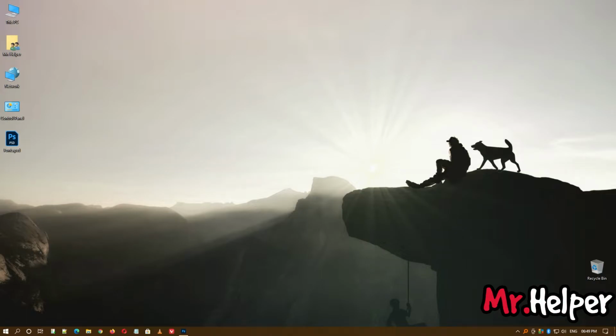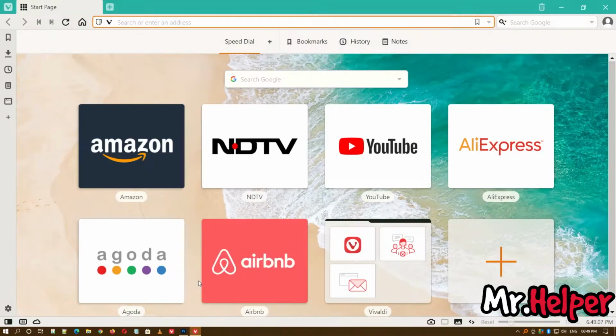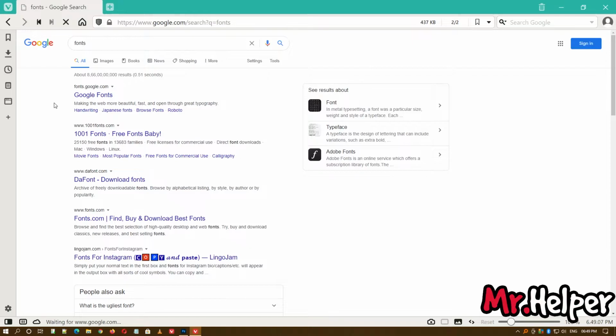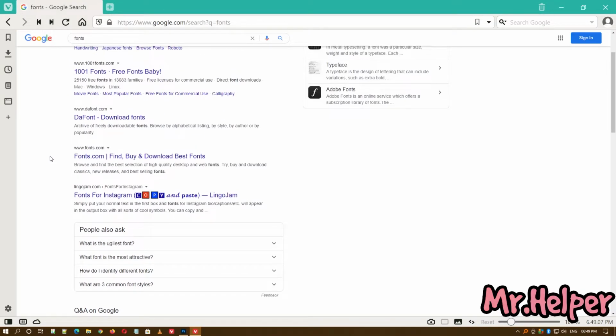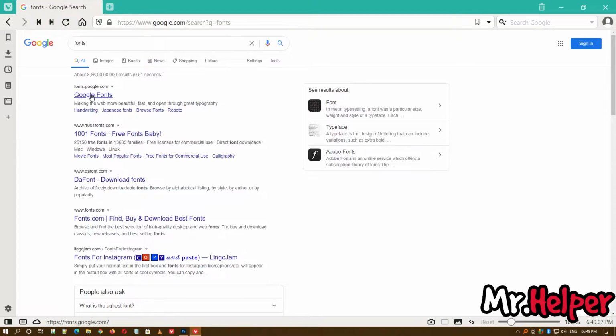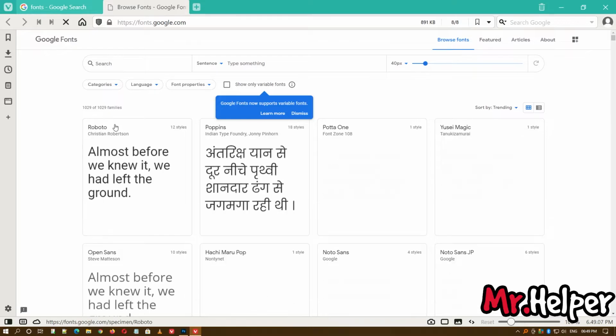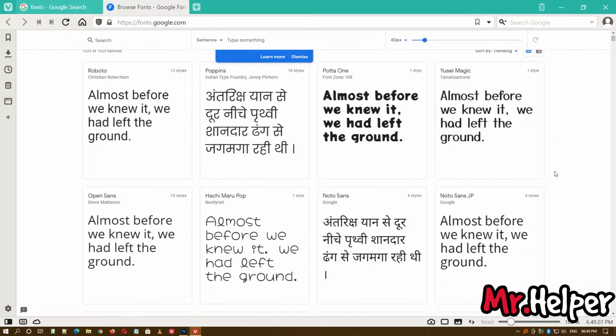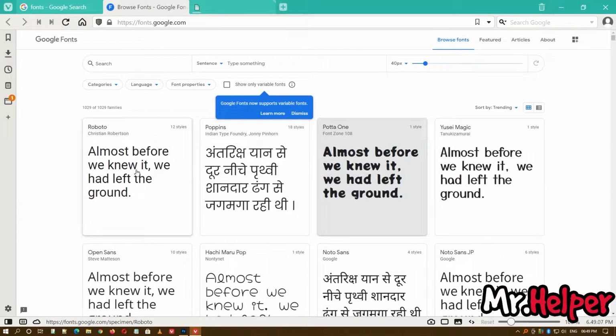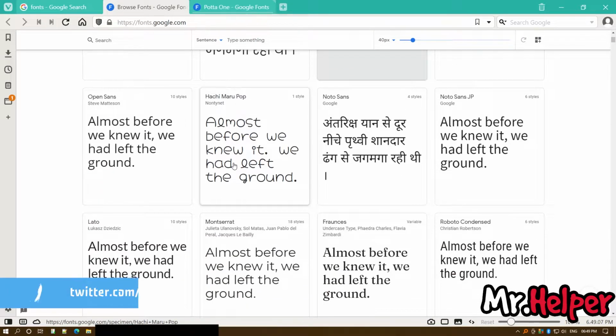Okay, so open your internet browser and search for fonts like this, and obviously I will go for the Google font, but you can try any of these websites, whichever you want. So I'm gonna open the first link, which is fonts.google.com, and I'm gonna download 3 fonts because I have to explain 3 different methods.